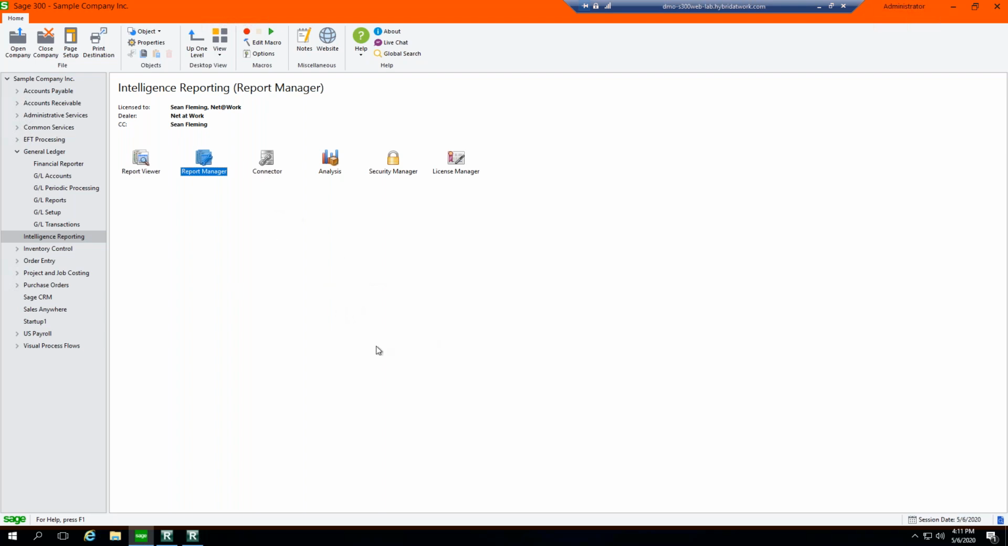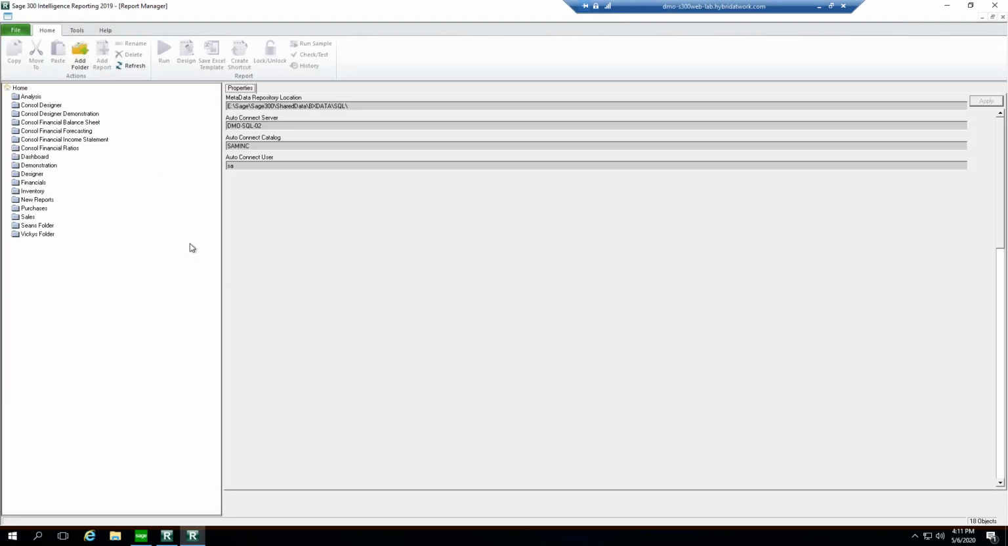And then the connector module allows you to do consolidations, so you can define the consolidations, and it also allows you to create connections to other tables in your database so that you can create ad hoc reports. But in the report manager,